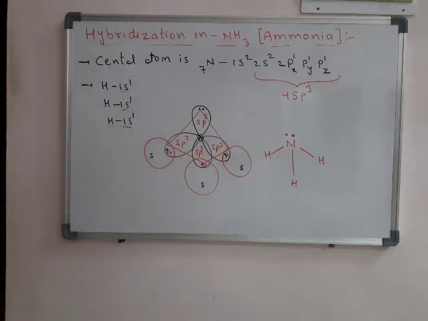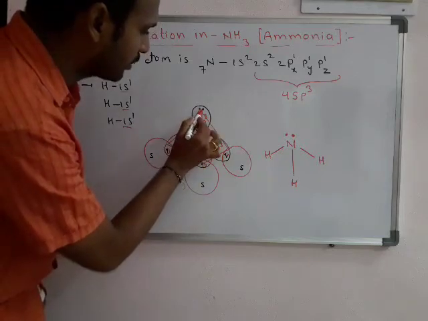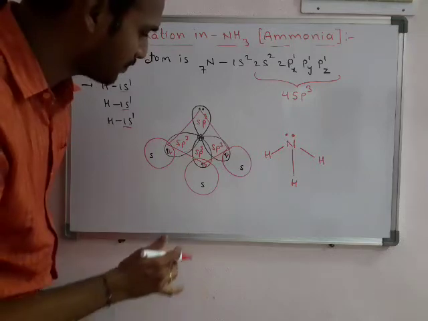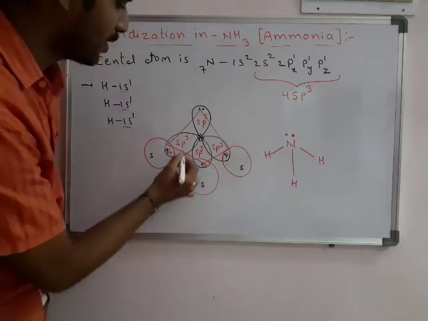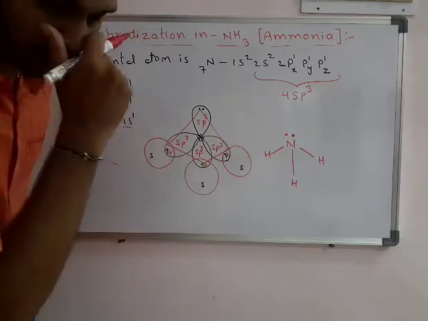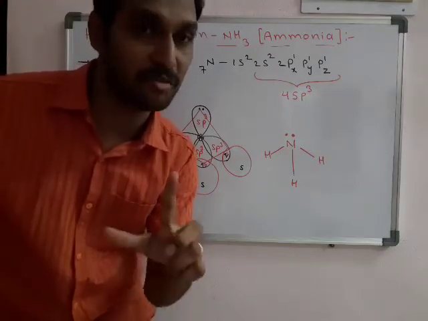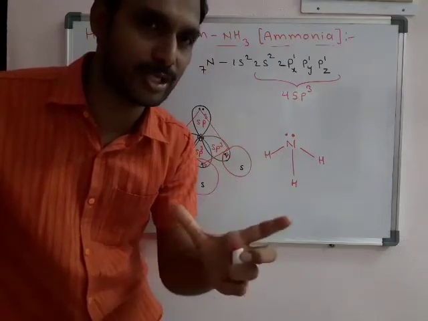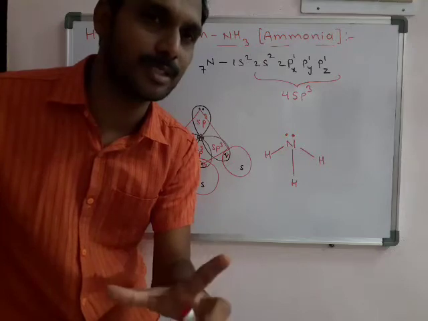If you take only the bonds, okay, now if we consider the total sp3 hybrid orbitals including the lone pair, that is treated as the structure. Okay, so what is the structure? The structure is tetrahedral, but what is the shape? When we say shape, we need to take only the bonds formed. Don't consider the lone pair; if we consider only the bonds, that is treated as the shape.